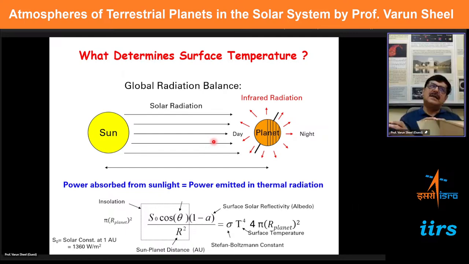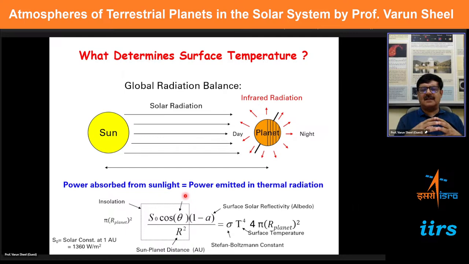And all of you are also familiar, living on Earth, that many of these wavelengths of the spectrum of electromagnetic radiation are shielded. For example, ultraviolet and the harmful radiation is shielded much earlier in the atmosphere of Earth. So basically, the radiation is coming in all wavelengths, but the major source of this radiation is the sun. And this is what leads to the temperature of the planet as well as of the atmosphere.